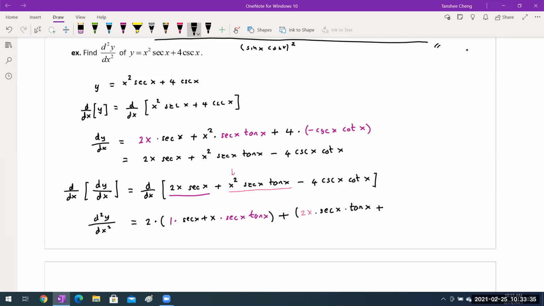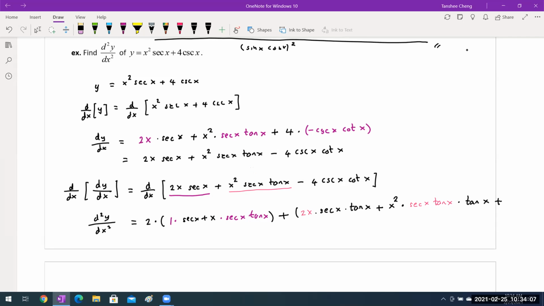plus, now we're going to take the derivative of the second term, right? So that means x squared times the derivative of secant x, we will get secant x tangent x times tangent x plus,